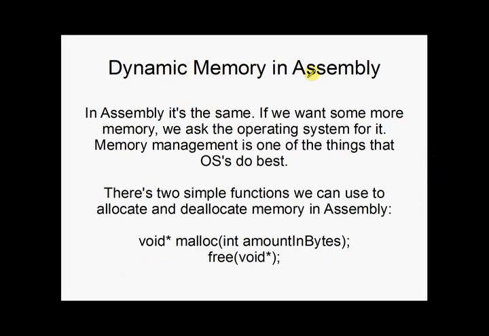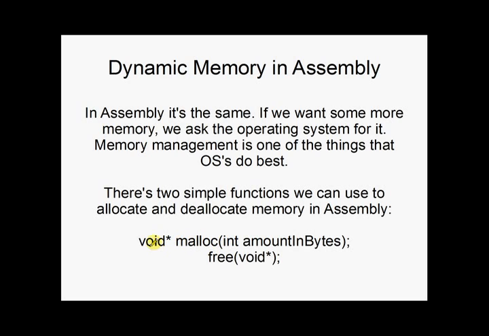Okay, dynamic memory in assembly. So how do we get dynamic memory in assembly? It's pretty much exactly the same as C++. We ask Windows to give it to us. Memory management is what OSs do best, pretty much. Windows, the operating system, is very good at managing memory, so we ask Windows to give us some more memory. And we do it with two little functions. First of all, there's Malloc, which is short for memory allocate, or allocate memory. Should have been alloc,